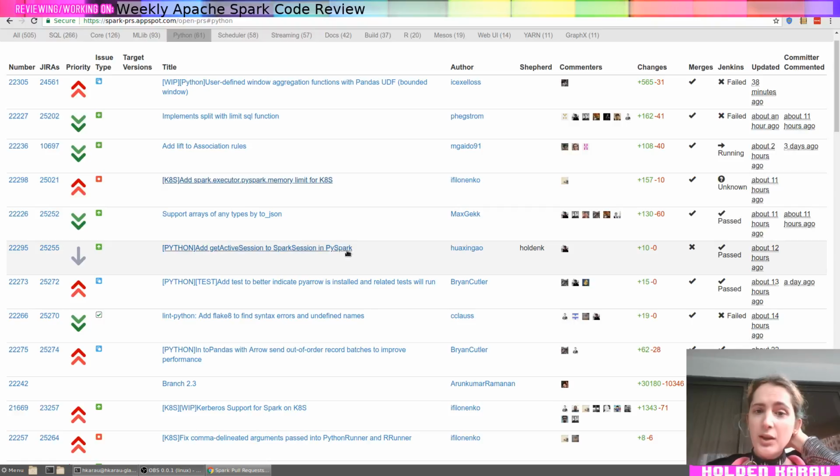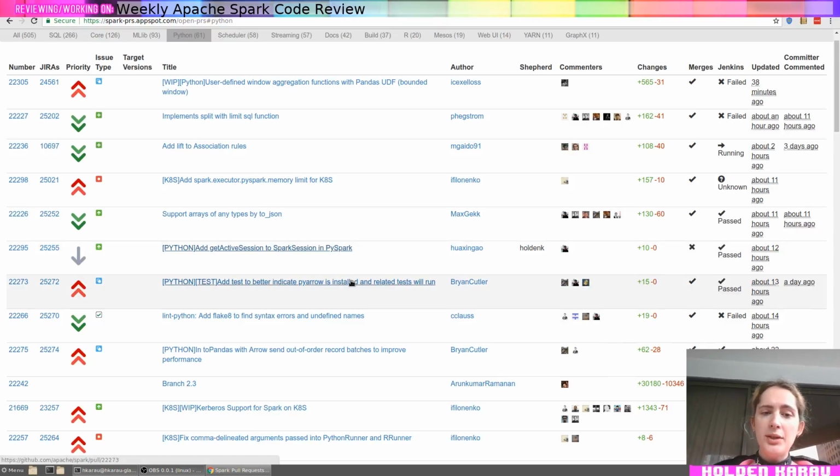Oh yeah, this is a thing that we talked about on the mailing list where someone was asking for this functionality, and we gave them a workaround, but then it was like, yeah, we actually do have this functionality on the Scala side, and if you want to implement it, it'd be good to do. Should be pretty small. Doesn't merge right now according to the PR dashboard, which is strange, but let's definitely take a look at that. More tests, good. And oh, the linter follow-up, I'm really excited about this.